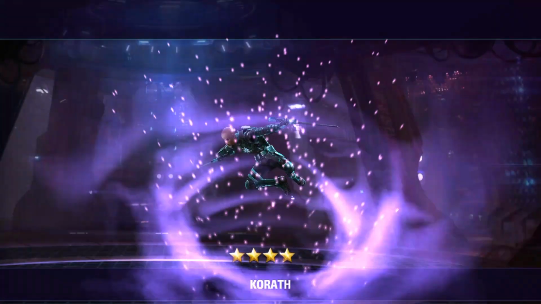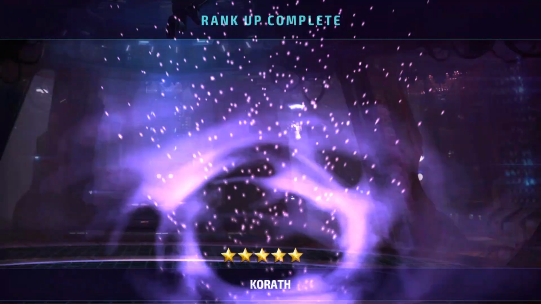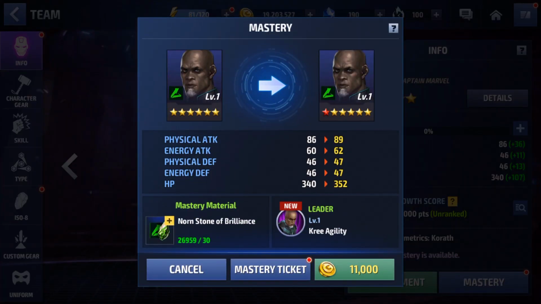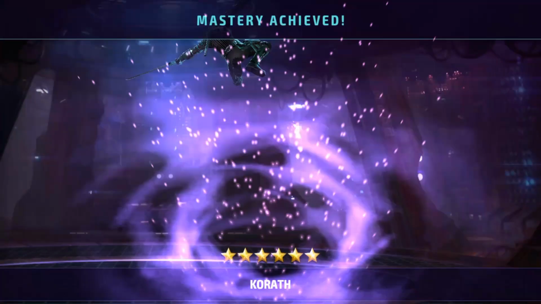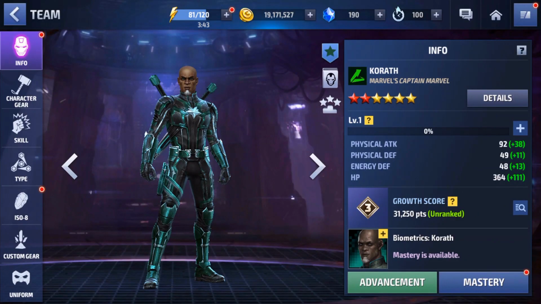So we're burning through bios here, so it's like 620 bios or something like that to get him all the way to 6 stars. So now we should have a little under 500 bios left. Or wait, no, we should have a little more than that. Anyway, let's go ahead and get his mastery going here, using, of course, our Nornstone,